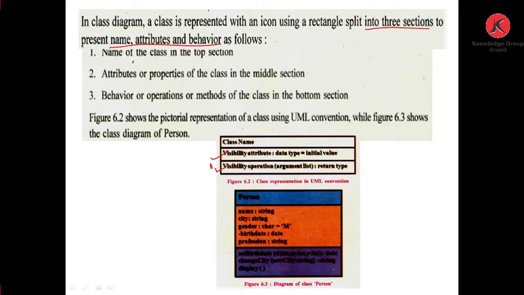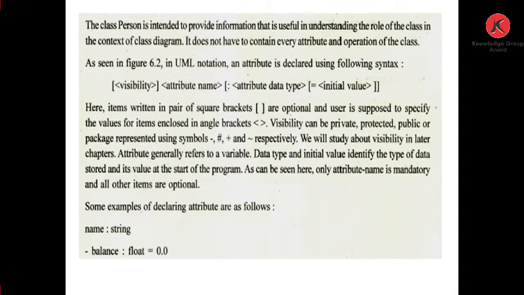After that you can see set birth date and change city, which are known as behavior or operation or method. The class person is intended to provide information that is useful in understanding the role of the class in the context of the class diagram. It does not have to contain every attribute and operation of the class.